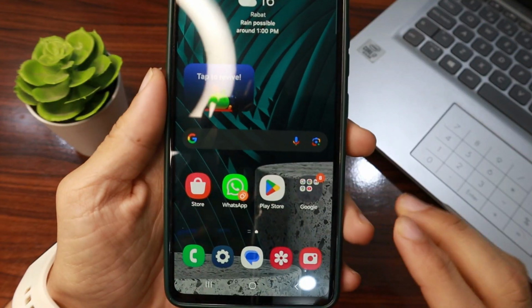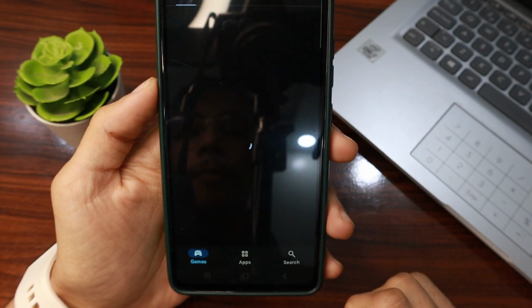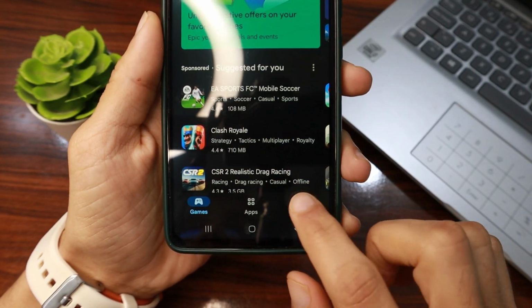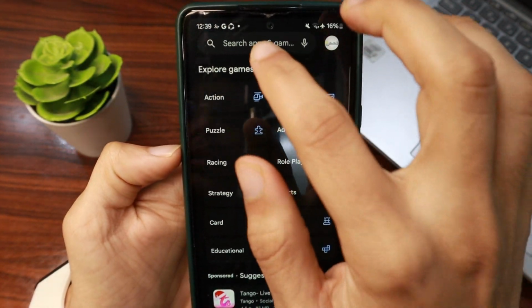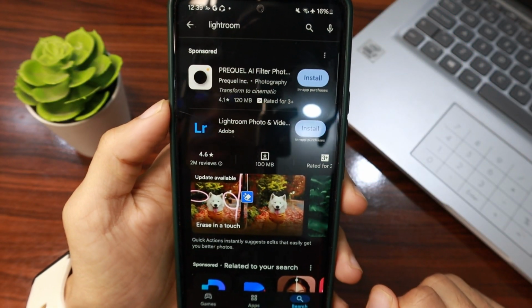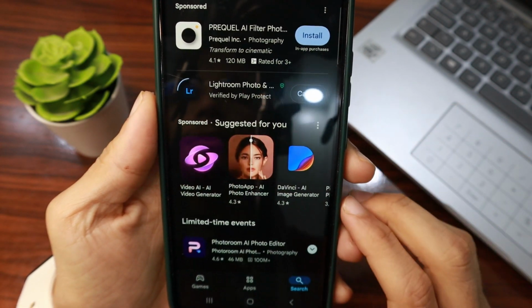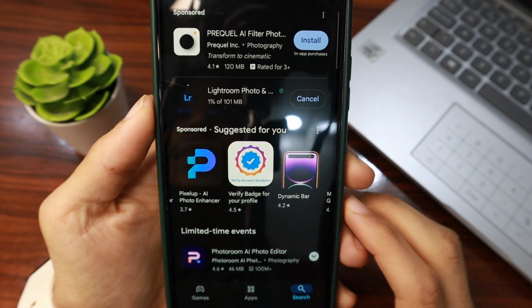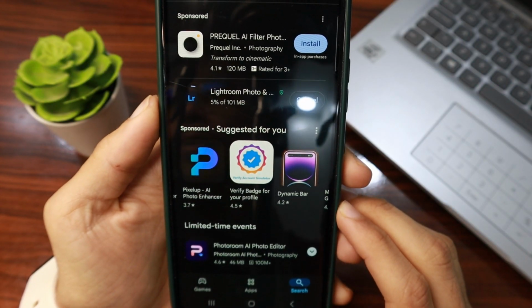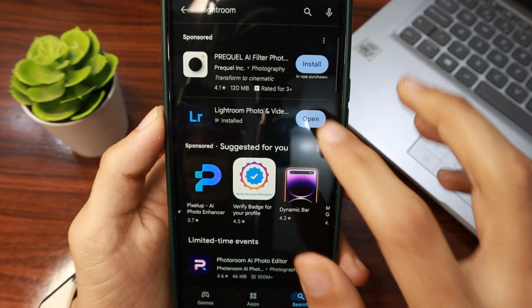So first of all guys, go to Play Store or App Store if you're using iPhone. Then tap search and the search bar, search for Lightroom. Perfect. So this is the Lightroom. Then tap install and wait until finish downloading Lightroom on your phone. After installing Lightroom, then tap open